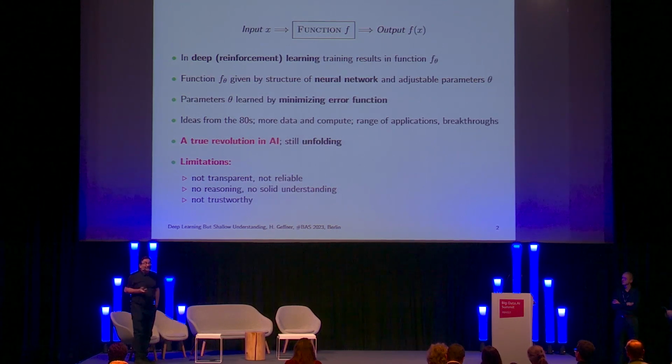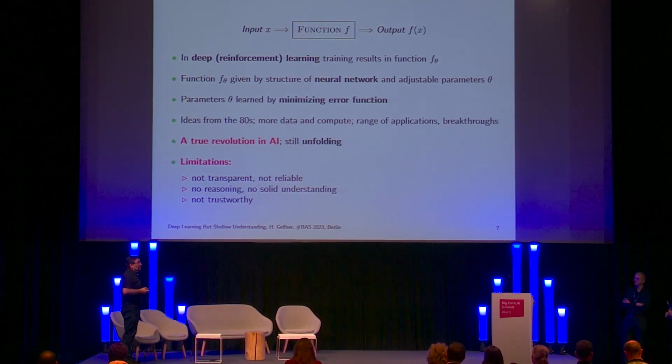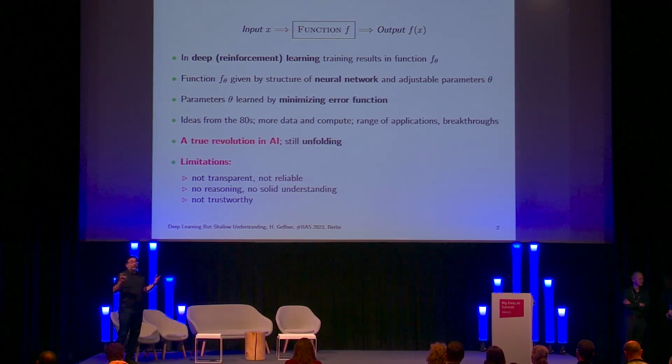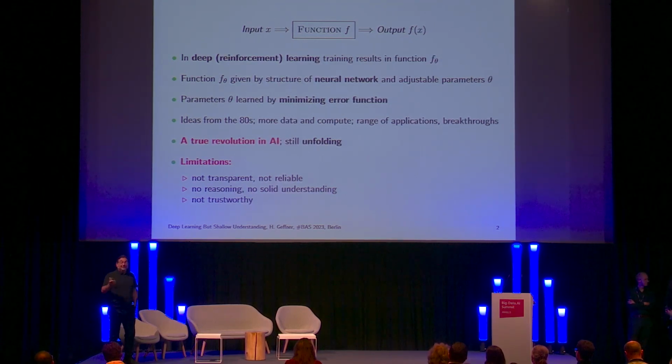Even though AI has a longer history than the last 10 years, and I would say that it is still unfolding, so we have not seen all the results and so on. It doesn't mean that artificial intelligence, a human-level intelligence, is something around the corner, nothing of the sort, even though the impression that one might sometimes get by interacting with ChatGPT or this type of systems is that they seem to be incredibly smart and so on.